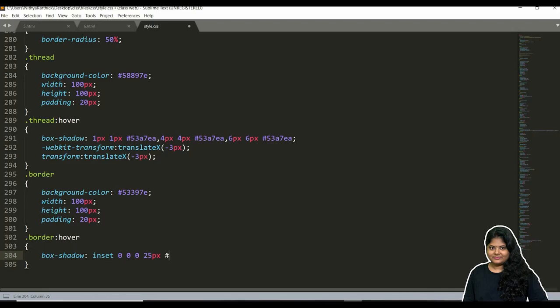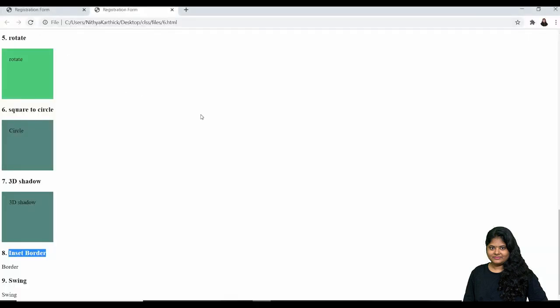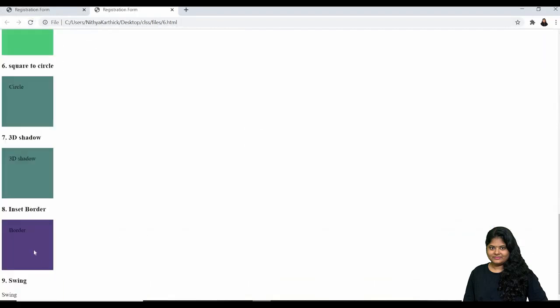This color is applied when the box goes in. Yeah, same color. Save it out. Come here, refresh. Yeah, this color is going inside, so inset. Similarly you can give outset also, right?